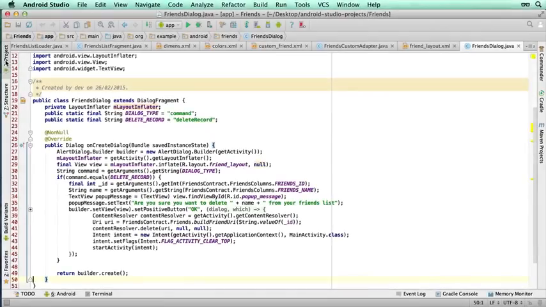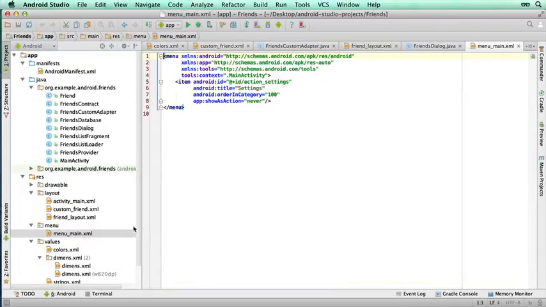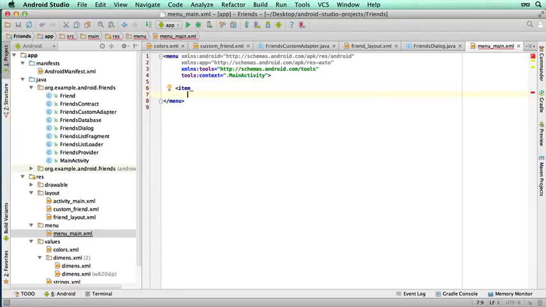Okay, so moving on, I'm going to go into project, and what we're going to do is go into menu. We're going to edit the default menu, because menu underscore main is automatically used by main activity. So what we're going to do there is actually delete that first option. We're going to create a new item. So we're going to type android:icon